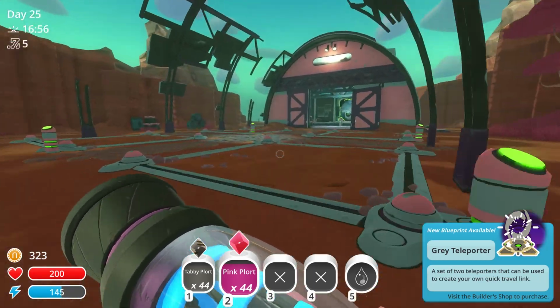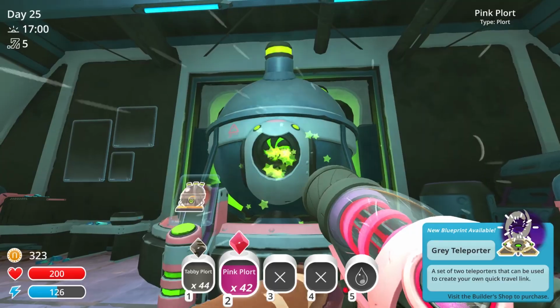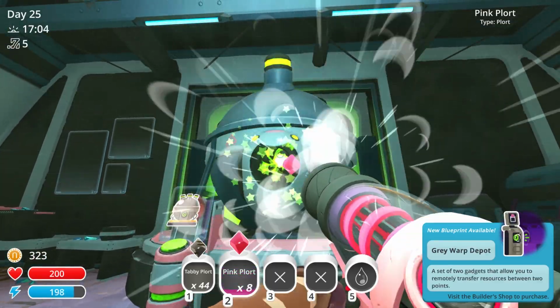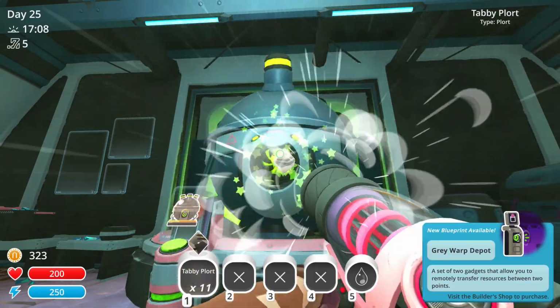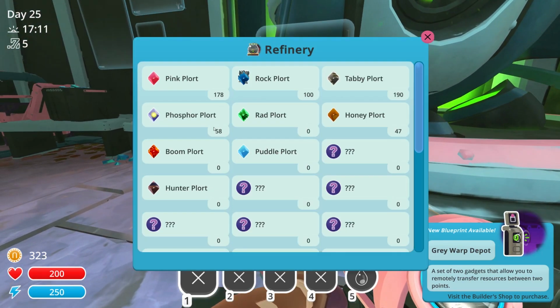So what the laboratory is, if you guys aren't familiar with it, is you come over here, you take your plorts, maybe for example you have these pink ones that aren't really worth a whole lot of money right now, and you don't really want to store them because they're worth 6 or 10 each. Put them in here, maybe some tabby plorts too, and you can see I'm not getting any money for it. But what's happening is, it is being stored in here. So I have 178 of these, 58 of these, 100 of these, 100, all this stuff that I've been storing